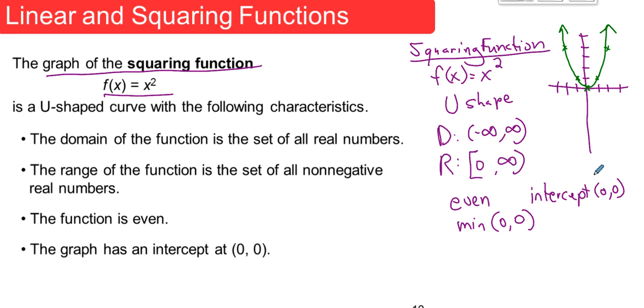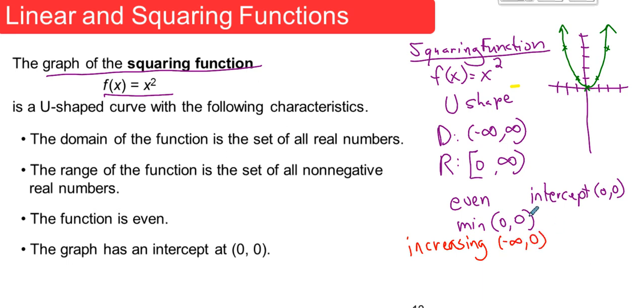And how about what's happening to it in different intervals? As we go from negative infinity to positive infinity, from negative infinity to 0, it's decreasing. So we always say the x as we give that interval. And then as soon as we get to 0, then we go to positive infinity, and it's going to be increasing again. So if we tell where it's increasing and decreasing, it's never constant. So it's increasing